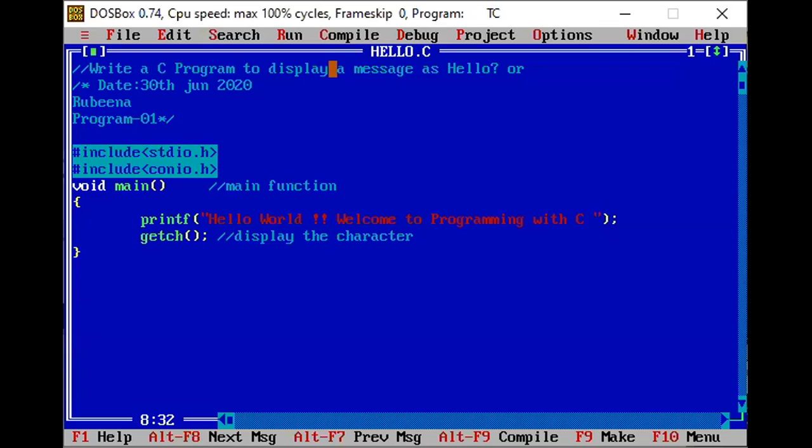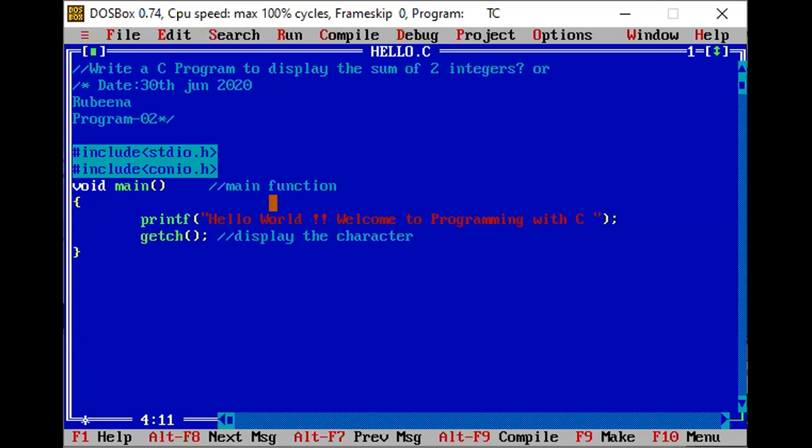Now let us see another simple C program by making modifications to it. I would like to change the program name over here. I have written there hello, right? Now I will write display the sum of two integers. Okay, so let us write the program again. This is my second program.